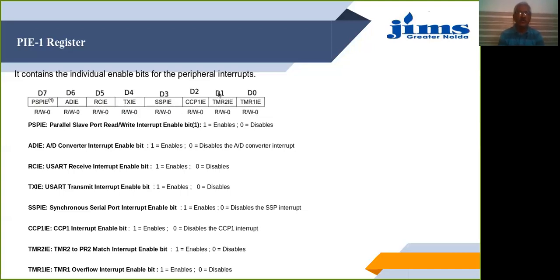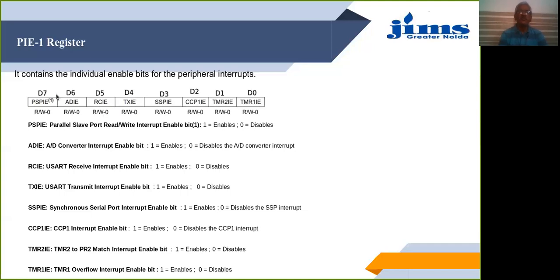Then you have the timer 2 to PR2 match enable bit, and finally the timer 1 overflow interrupt enable. So all the interrupts related to the peripherals are set in this register.